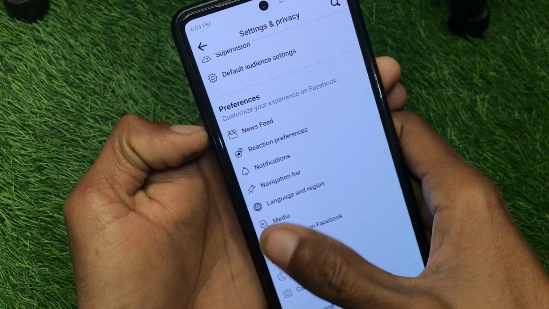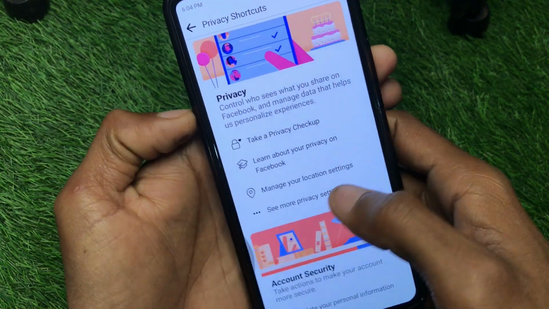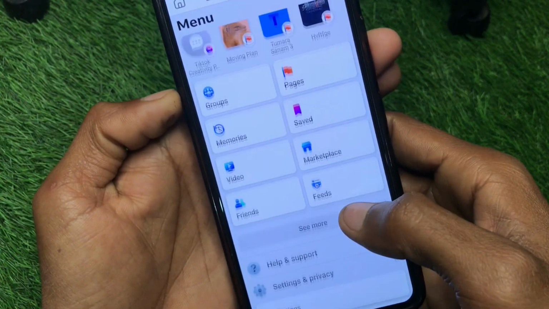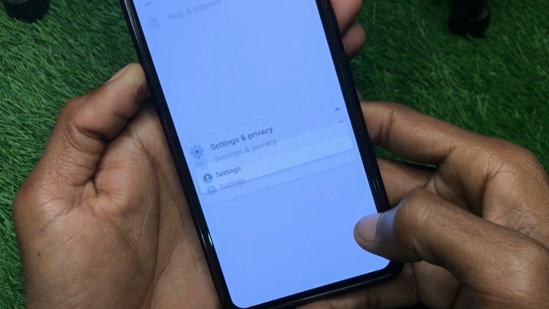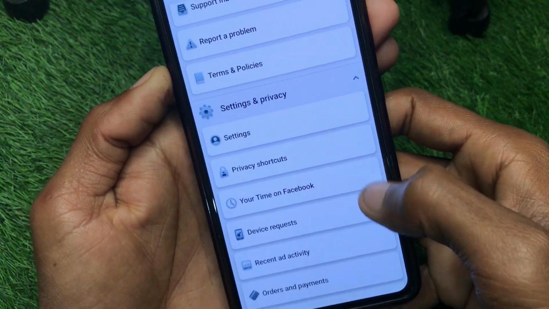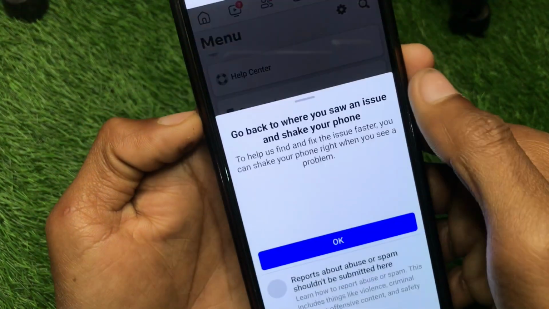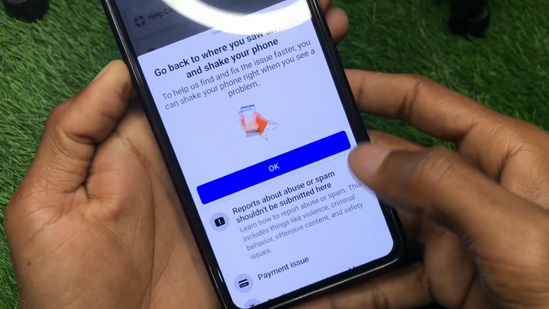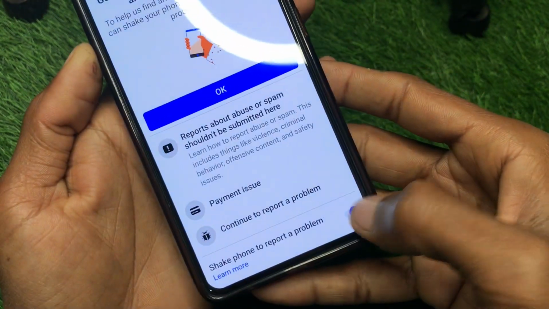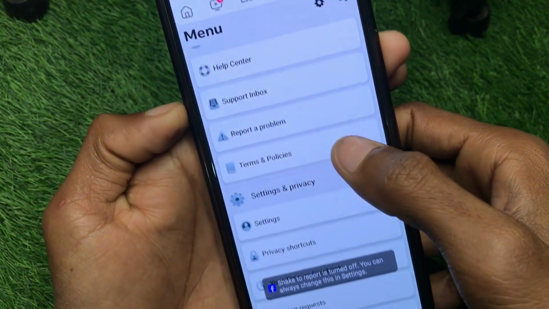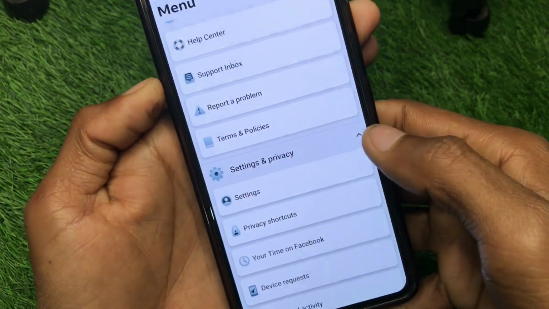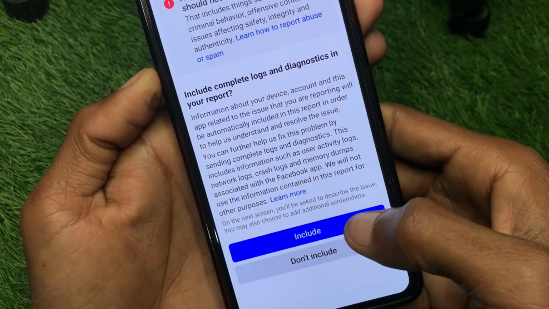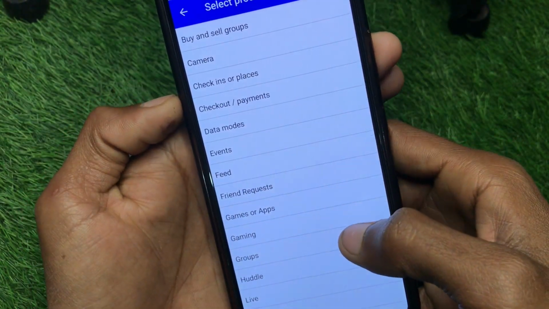So if it still doesn't fix your problem and Marketplace is still not showing, then you have to scroll down. From here you will see Help and support, and you have to click on the option of Report a problem. After this you have to report your problem. Simply you have to first turn it off and click on Report a problem. Now you have to wait for some seconds, click on Include, and from here you have to